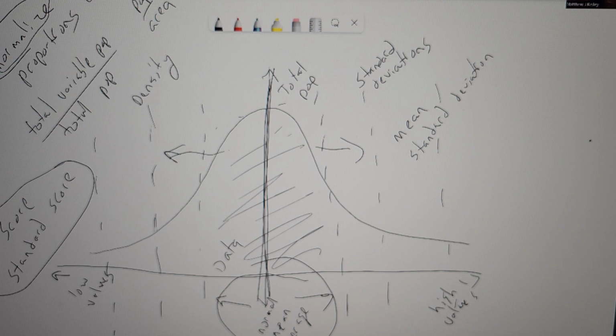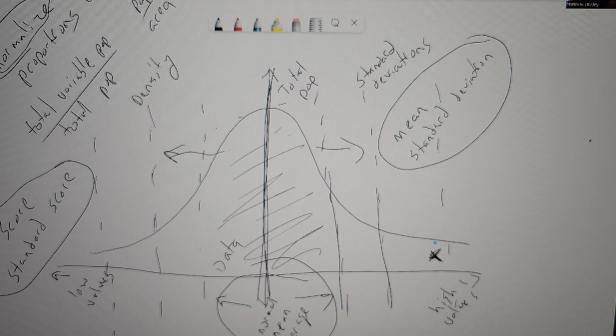So if we know our mean and our standard deviation of a data set, then we can take any observation and place it on that continuum. We might know that observation X, for instance, is 2.7 standard deviations away from the mean. Okay? That's pretty significantly different than normal, and that's our